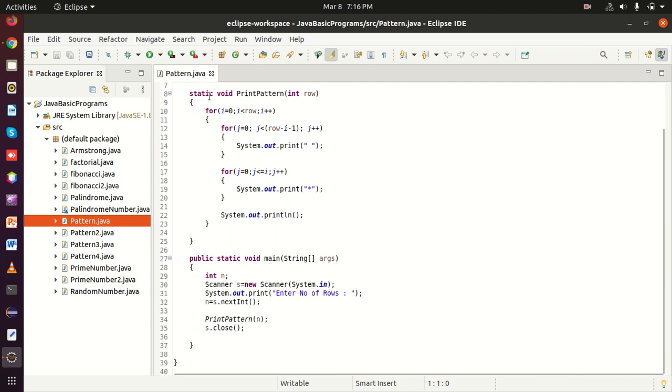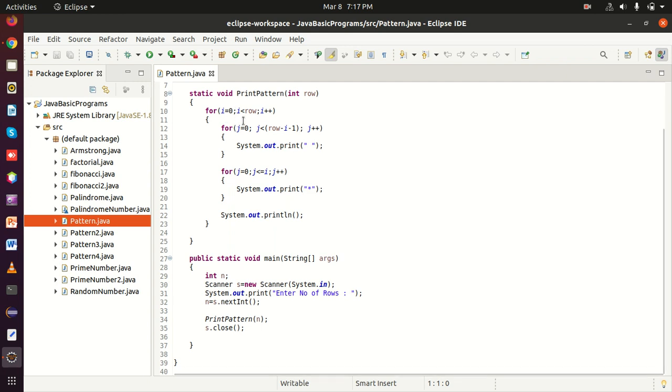So without using any object we can access a static method or variables directly. Void return type means this function is not going to return any value.